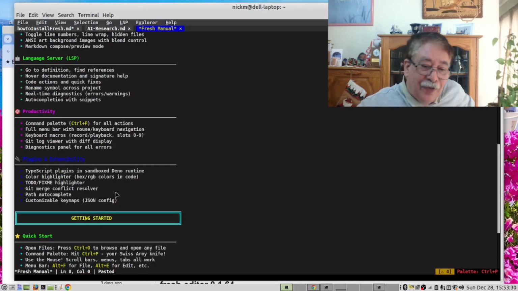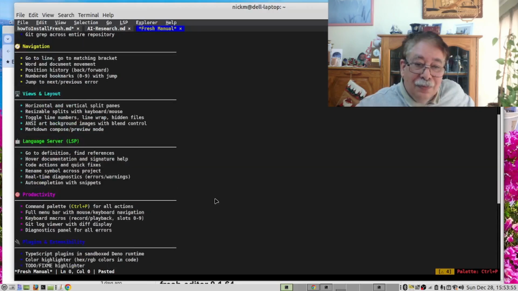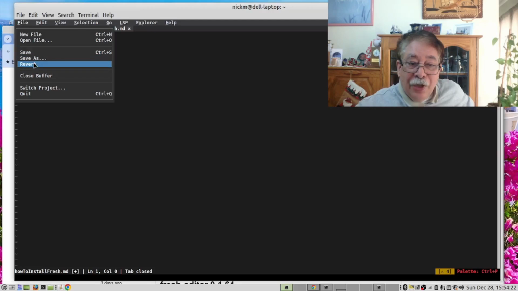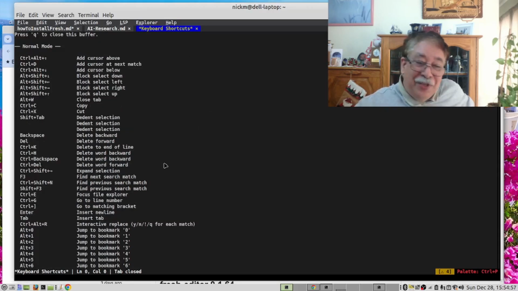As a Java and Python programmer, this will be nice for my use. And there's additional documentation here. Interesting that they provide this in Markdown format. Then you have revert, so you can revert a change. It's possible to customize this with plugins. So you can make this look like VS Code. And here are the keyboard shortcuts. I must admit, after playing with this, I don't see myself using Nano or VI or Vim anymore.